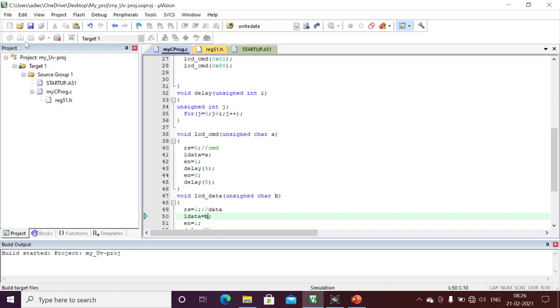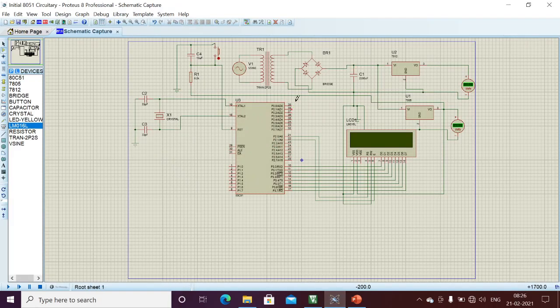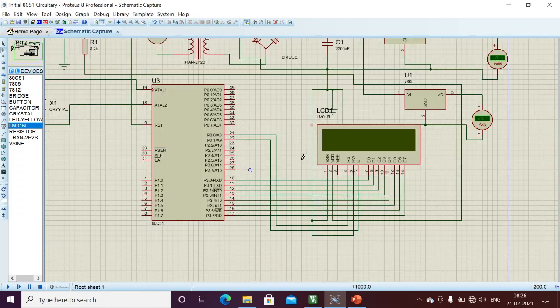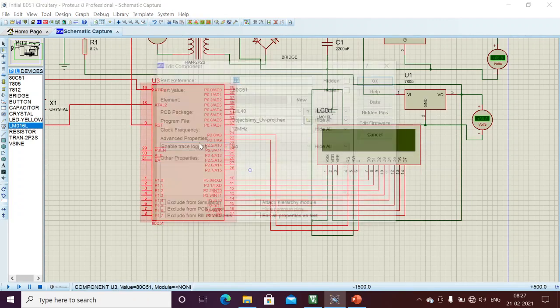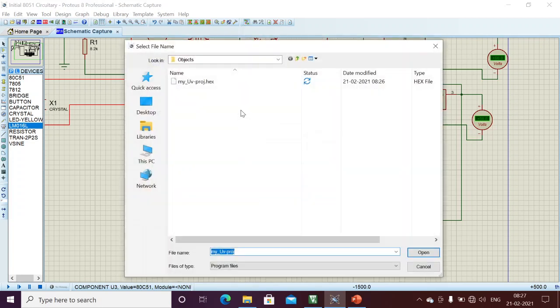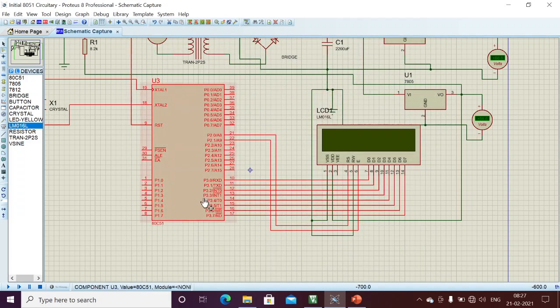I will just compile and I will get the executable. That executable I am going to flash now. Here we have already seen all the interfaces. Here P2.0 is the RS pin and P2.1 is the enable pin, the remaining are data pins. I am going to select the same program. Here, if you see, 8 o'clock 26 is the same executable we generated now, that I am selecting. I'm going to run the program and see whether we are displaying this welcome to project or not. See here, welcome to project.